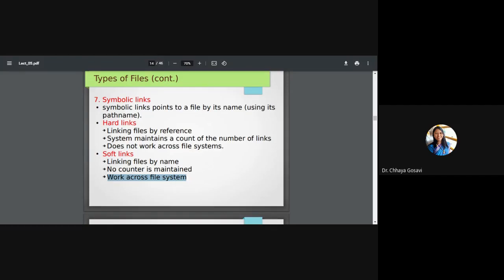There are 7 types of files in Unix. A regular file, then directory, third and fourth are device files, character device and block device.